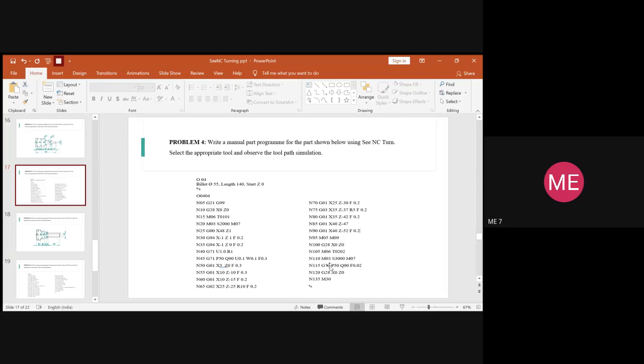After that, we will come back to the syntax of our finishing turning cycle. The finishing turning cycle is always represented by G70. So you'll write that. Then you have to show from which sequence number to which sequence number you need the finishing cycle. That will be the same as we had for rough turning. It starts from sequence number N50, so you will type P50, and it ends at N90, so you will write the last block as Q90 and provide the feed rate. Feed rate will be comparatively low because you need a very smooth finish.